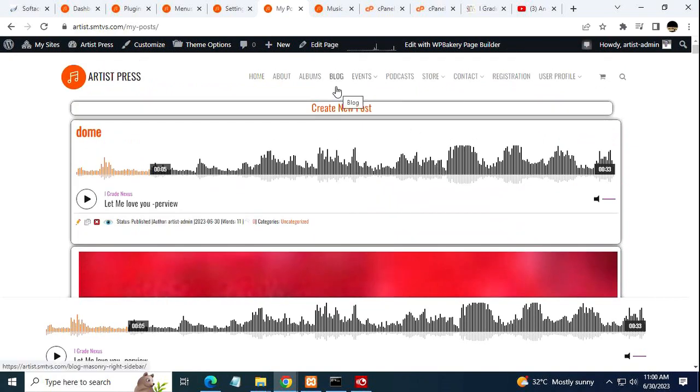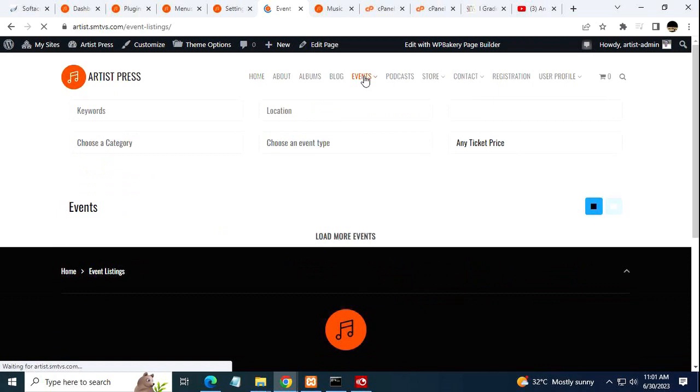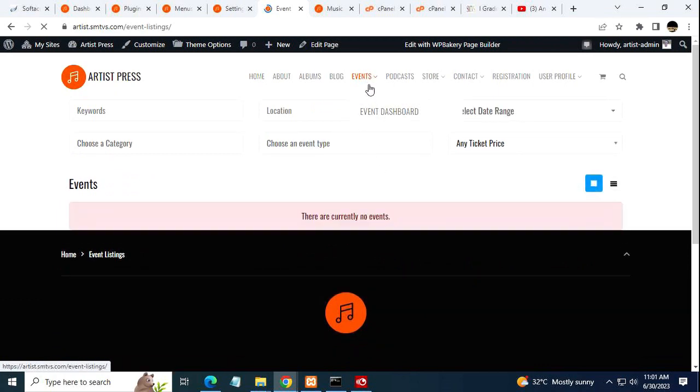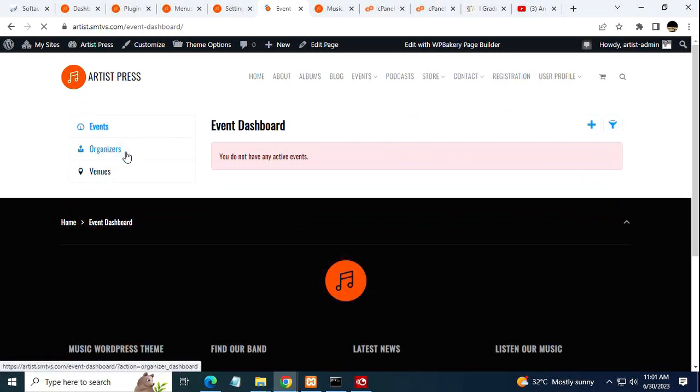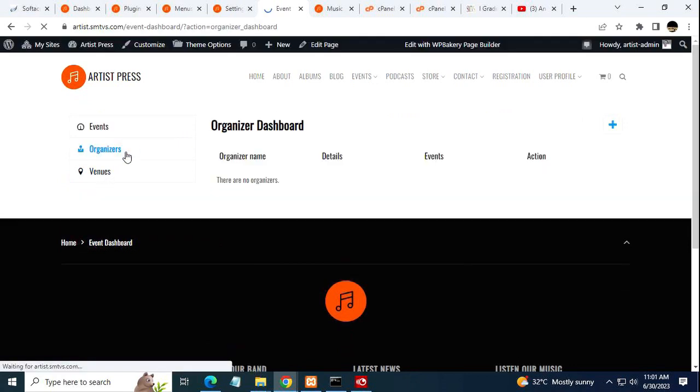Okay, so one thing we didn't cover over there, we looked at the blog, is that we have an event system inside there. Right? And let me go over to the event dashboard. Organizers. Right, so here is where I can add an organizer because this is my dashboard. But in the user area, you can submit to be an organizer, right? So once you become an organizer and you submit as an organizer, you'll be able to go ahead and